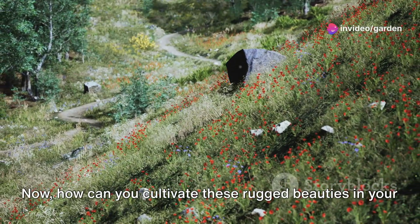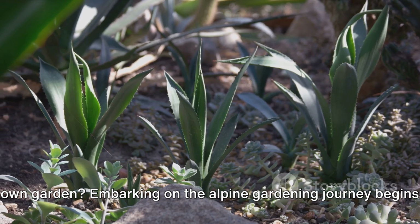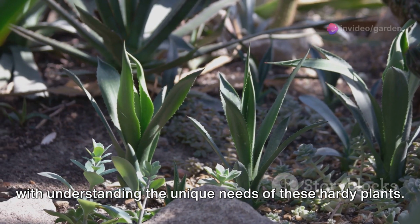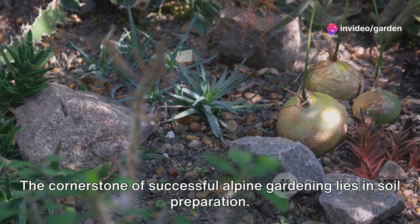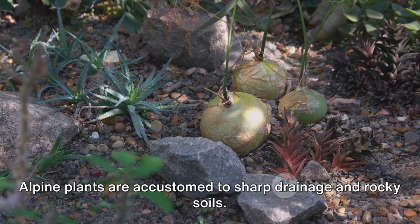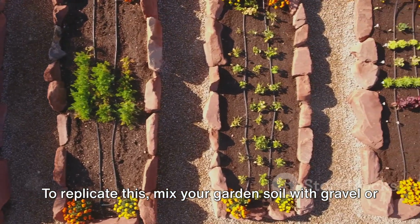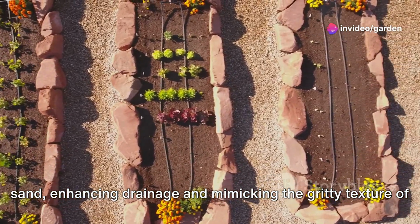Now, how can you cultivate these rugged beauties in your own garden? Embarking on the alpine gardening journey begins with understanding the unique needs of these hardy plants. The cornerstone of successful alpine gardening lies in soil preparation. Alpine plants are accustomed to sharp drainage and rocky soils. To replicate this, mix your garden soil with gravel or sand, enhancing drainage and mimicking the gritty texture of their